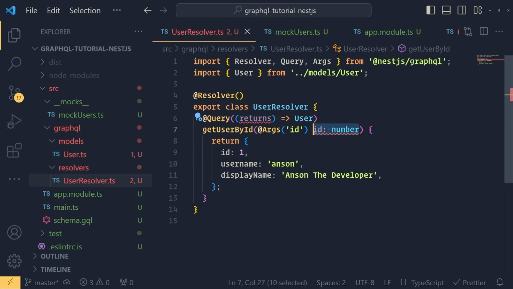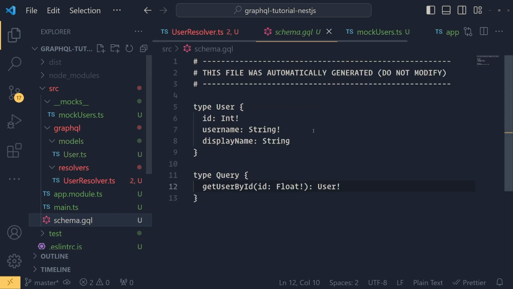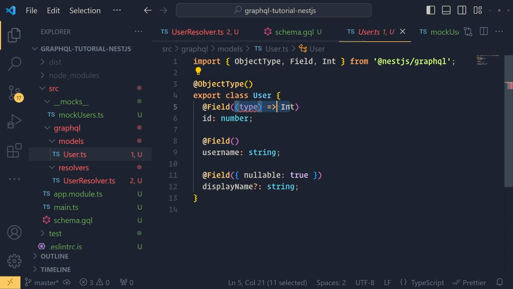Okay, so we have ID set to a number, and now if I go into the schema file, you'll see right over here that something interesting happens. Well, yes, first we can see that the argument is there, but you see how it's a float. This is actually really related to the issue that I told you about earlier, where if you don't have this type function set, it's going to pretty much cast it to a float,